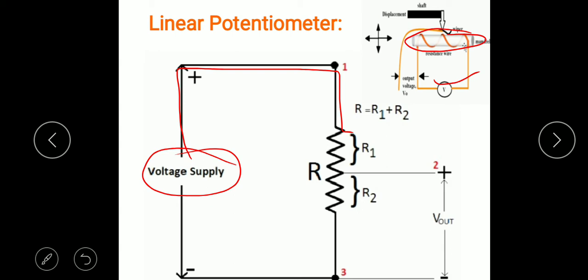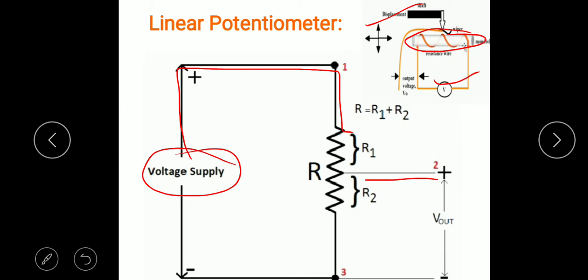Okay, now what we will do, we are going to consider the wiper also, because in the above diagram the wiper is connected to the displacement doing body. So that moving body, if you want to measure the moving body displacement, then the wiper needs to be connected. So in the circuit diagram the wiper has to be considered. So here at the point number 2, we are also considering the wiper.